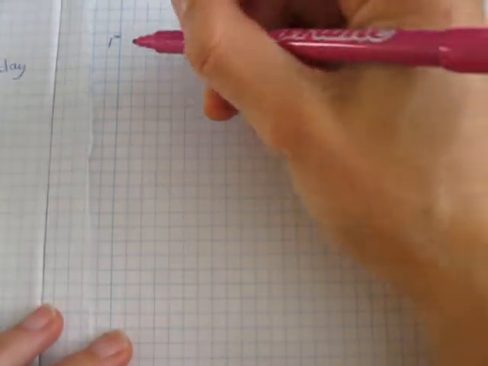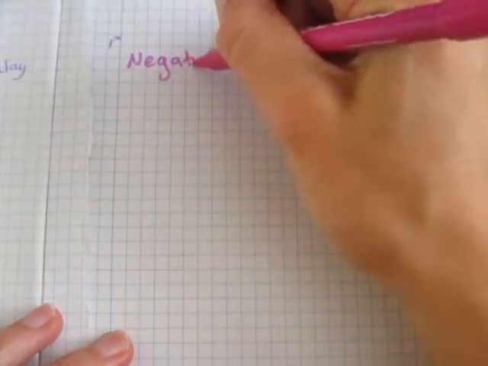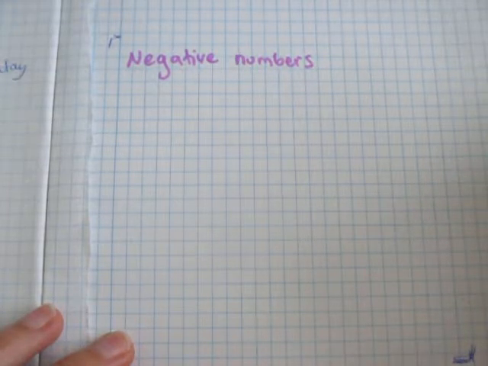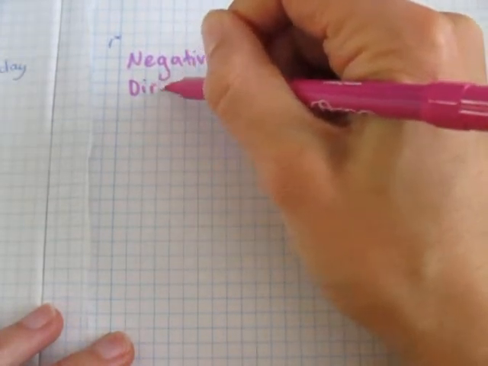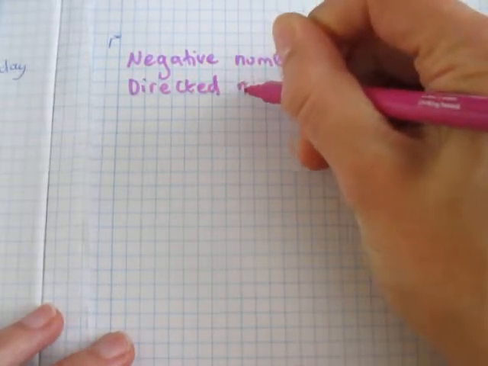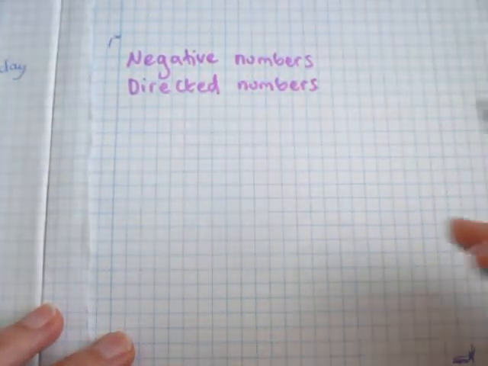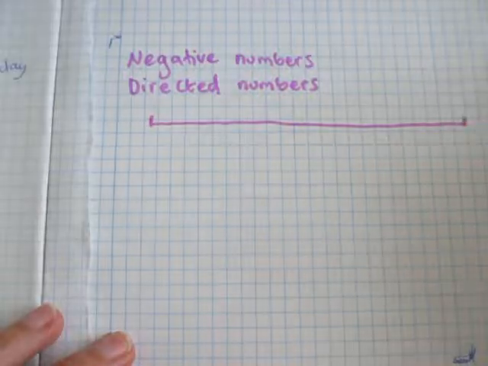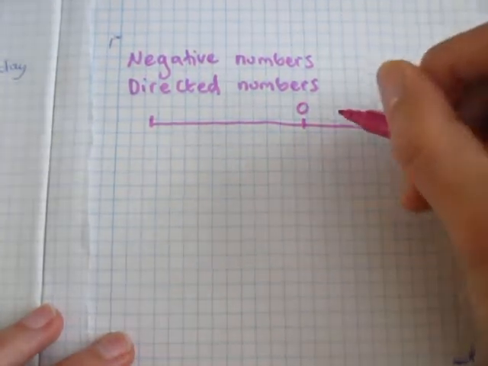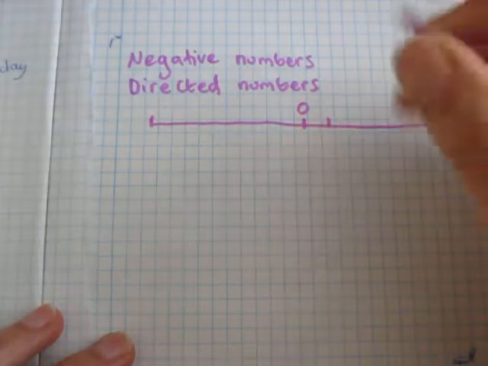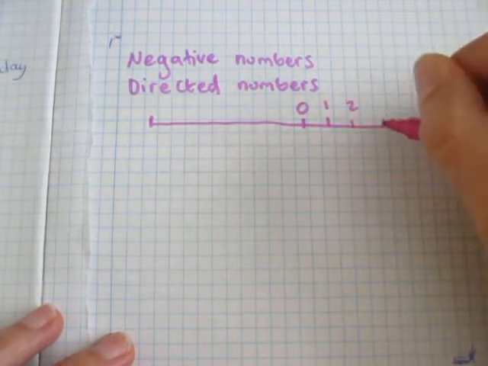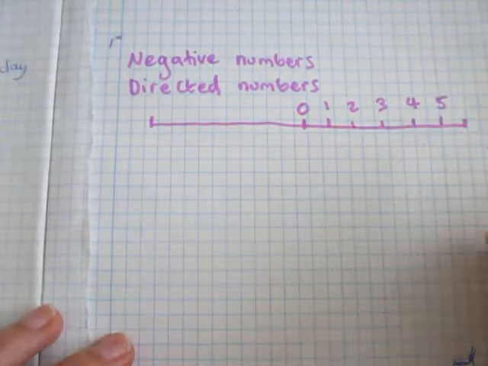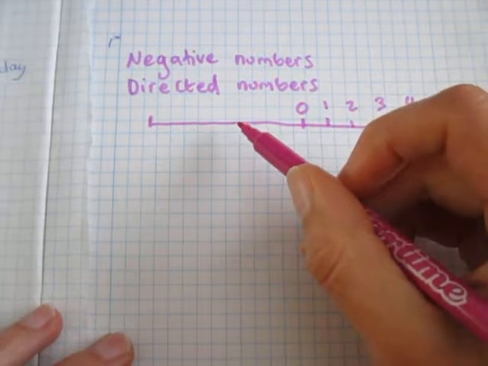This is an introduction to negative numbers. And negative numbers are also called directed numbers. And they're called directed numbers because if you think of a number line, they have a direction on the number line. So while in the positive we have 1, 2, 3, 4, 5, and so on, in the negative direction